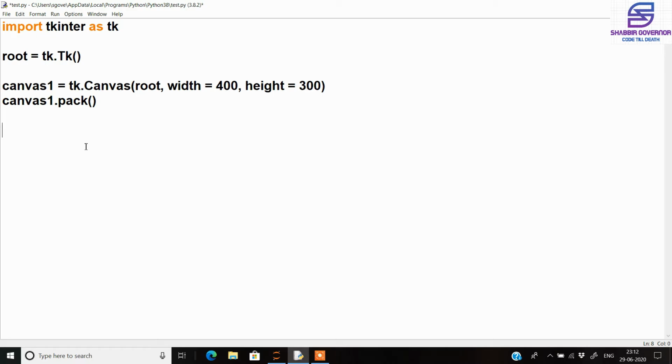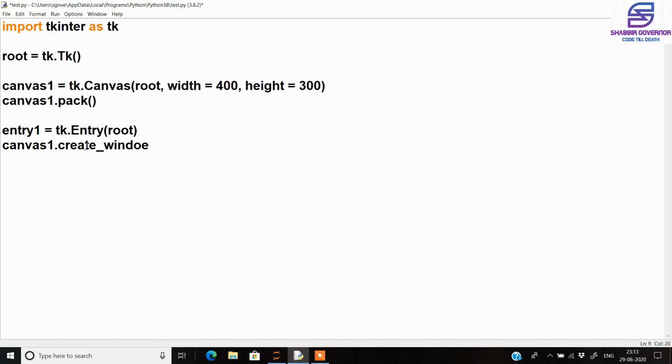After this we need to define a text box to take entry from the user so that we can process the value. I again declare a new object, and inside this I will take the entry. So I write tk.Entry, and inside this I again need to pass the root object that we have made. And then on the canvas1 that we have created, we need to call the create_window method. That is a predefined method inside the tkinter module, which will help us to define the location at which we want the window of the entry.